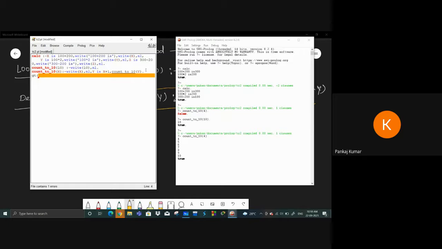In the bracket, I'm passing x comma y, bracket close, and here I'm passing such that head variable capital X greater than capital Y, comma, write in a single quote, capital X is greater than Y, single quote, close, and this is the stop.